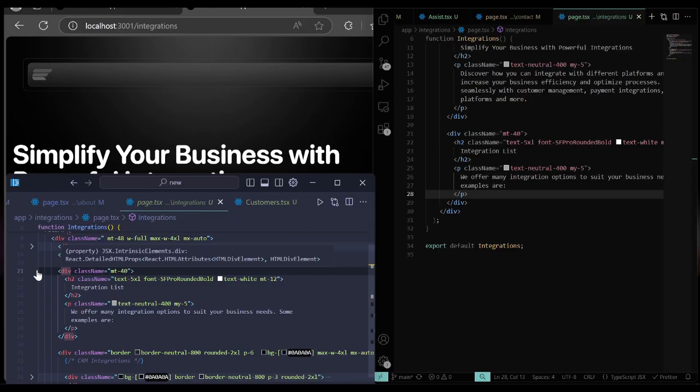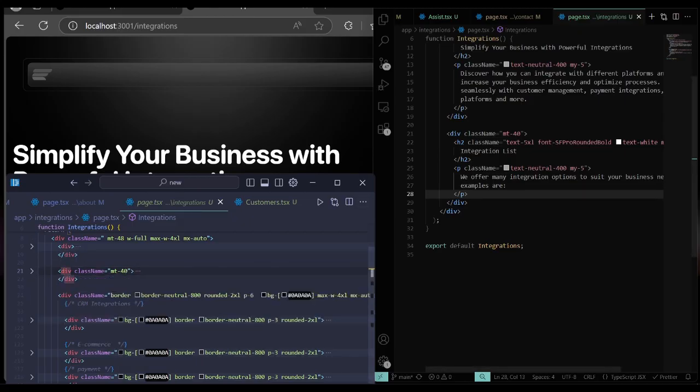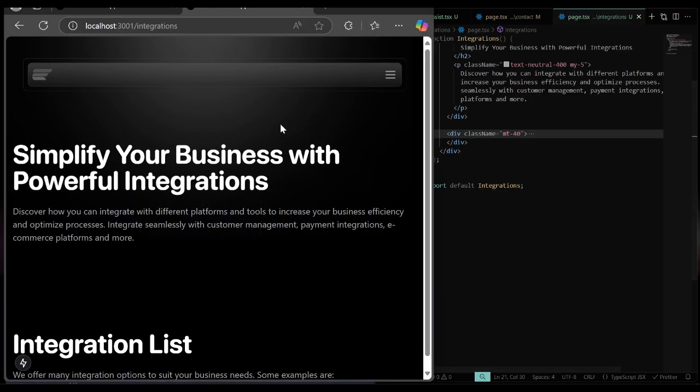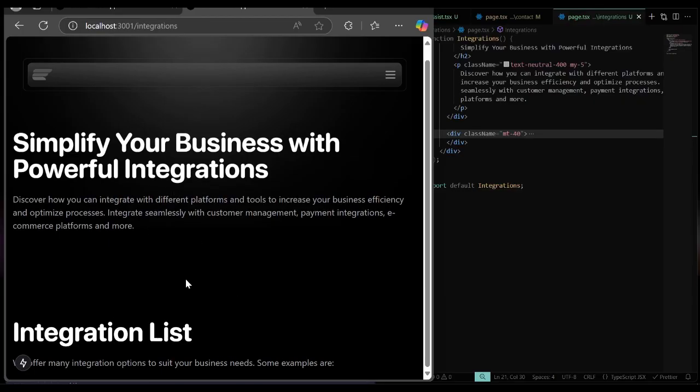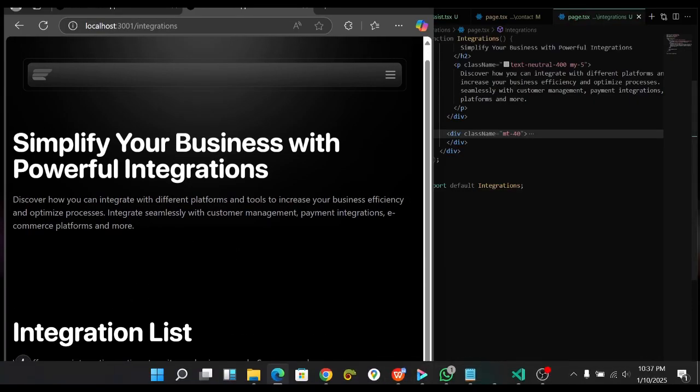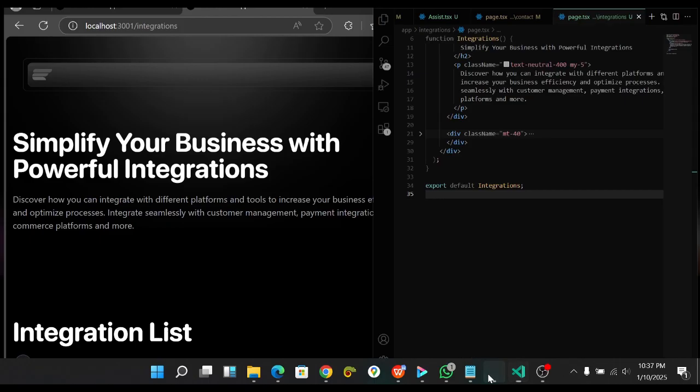So here we need to close the div back and also close the other one. So what you're doing here is just good plain old text right there,